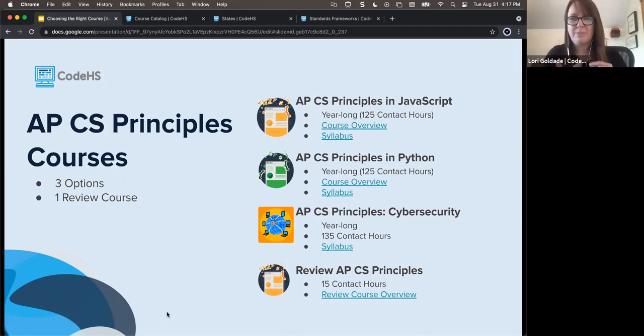We actually have APCS principles with an additional cybersecurity focus. Now, this is still an APCS principles course, and this course has JavaScript as the background language. However, in addition to all of the CSP content, there are additional cybersecurity lessons added in. The cybersecurity lessons, we actually partnered with Insight to bring you all of these additional lessons and just some really